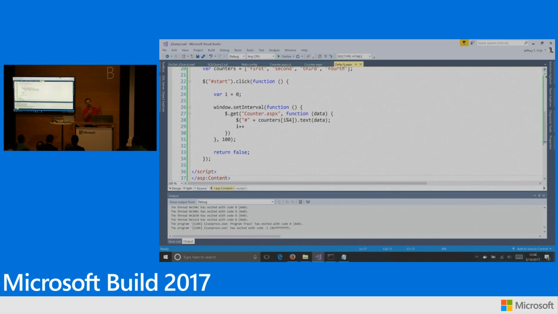Why jQuery? Because it comes in the box. I could have done something fancier with React, Angular, Knockout. jQuery works nice. It's in the box. Easy for me to show you this. So every 100 milliseconds, we're going to reach back to counter.aspx. We're going to bring back whatever the counter is and write it into one of those 4 areas on the page. Simple. Except